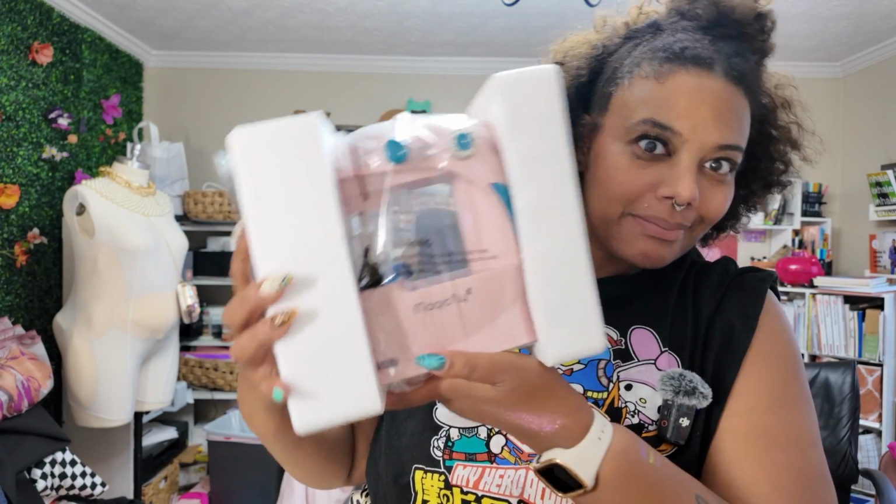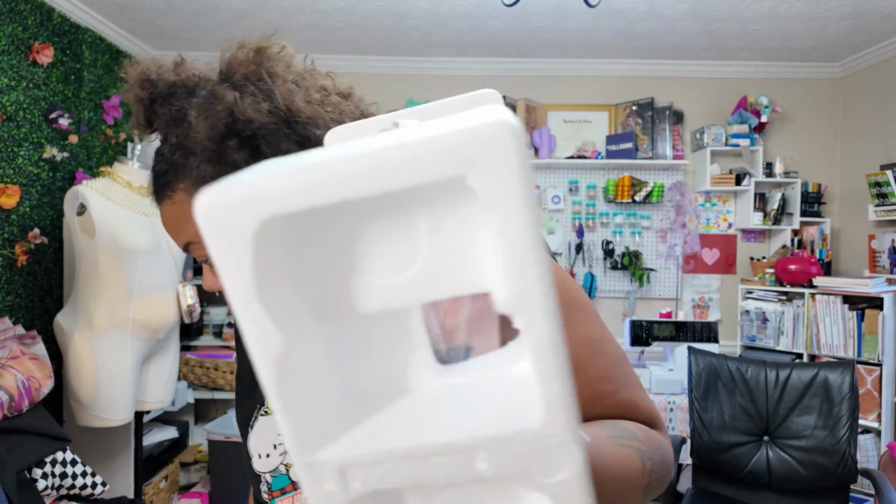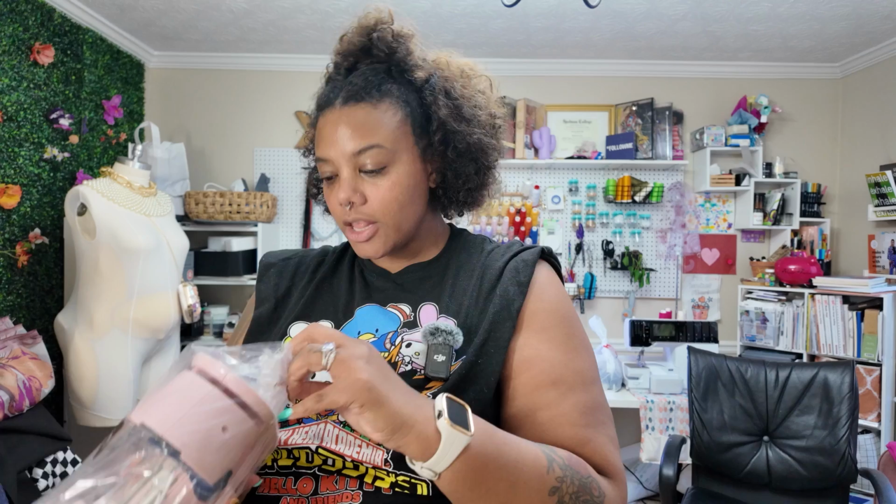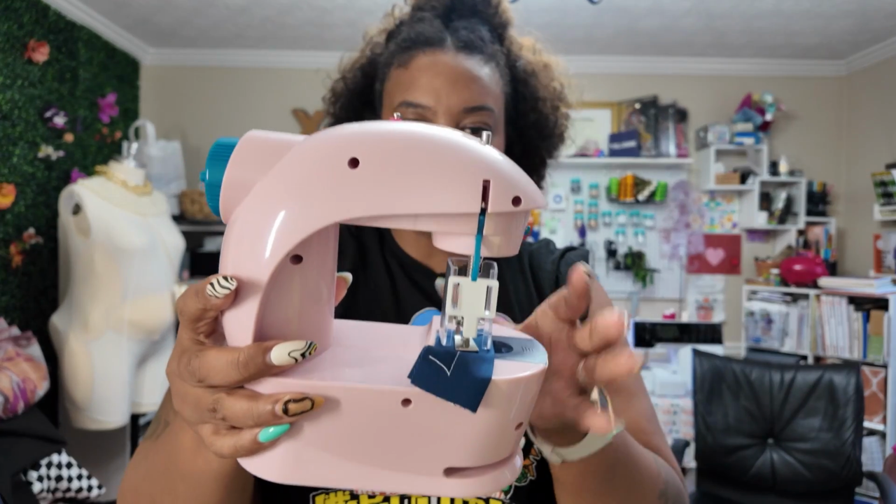All right, so let's go ahead and pull out the actual machine itself. Look at how cute this is, you guys. Oh, okay. It's fine. It's okay. That was nothing big. So let's go ahead and take this out. I'm going to clear off a space on my cutting table so that we can officially set her up. And oh my goodness, it takes batteries. Now it does come with a plug, but how cool is this that it has batteries in the event that I truly need it to be on the go. But look at how cute and how small this is. I don't know if that comes off, but